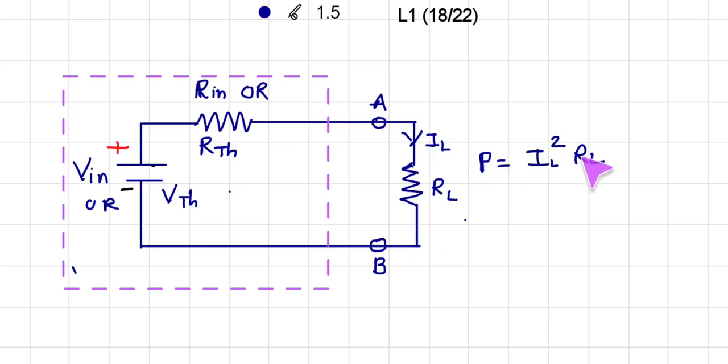That is the important thing. But this circuit gives a maximum power at the output then and only then when this load resistance value is exactly equal to the internal resistance value Rin. That is the maximum power transfer theorem. So maximum power P max will be delivered at the output when the load resistance value is exactly equal to the internal resistance.